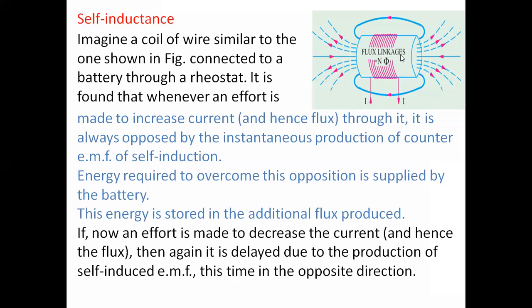So this coil property, which has the ability to oppose the increasing or decreasing of the current, is considered as self-inductance. This is the inductor, we can consider this inductor. Its property is to oppose the variation of the current, the rate of change of the current.